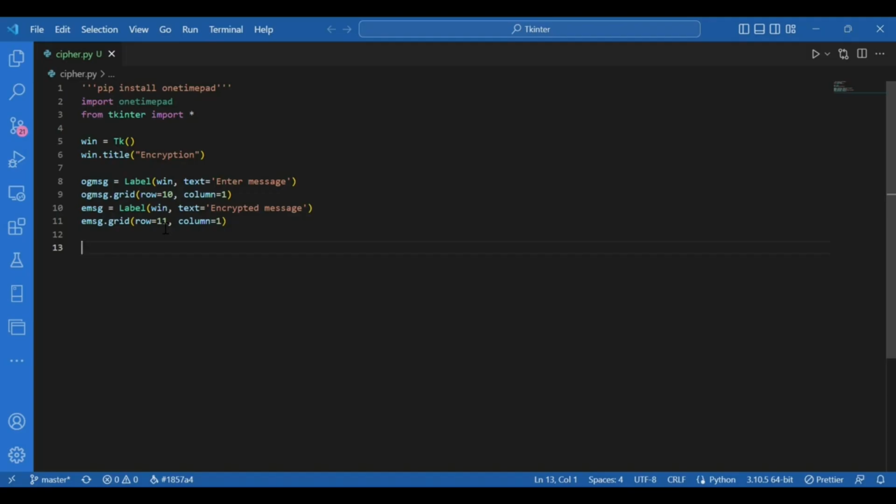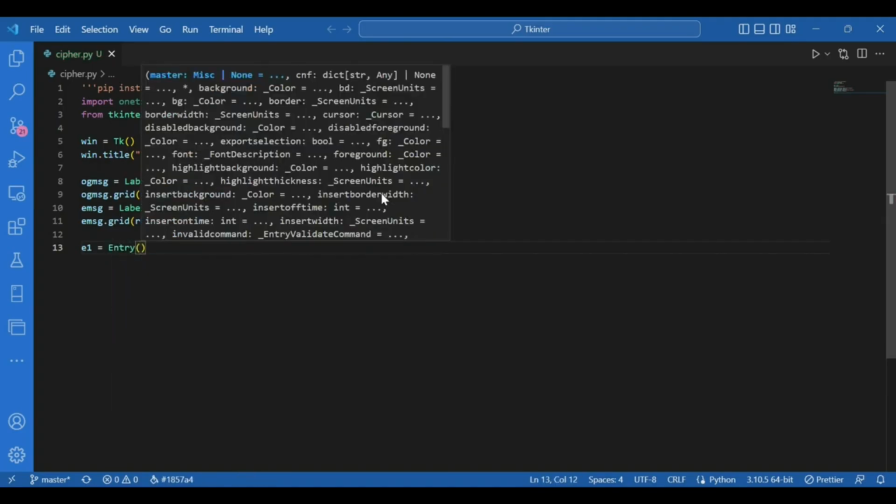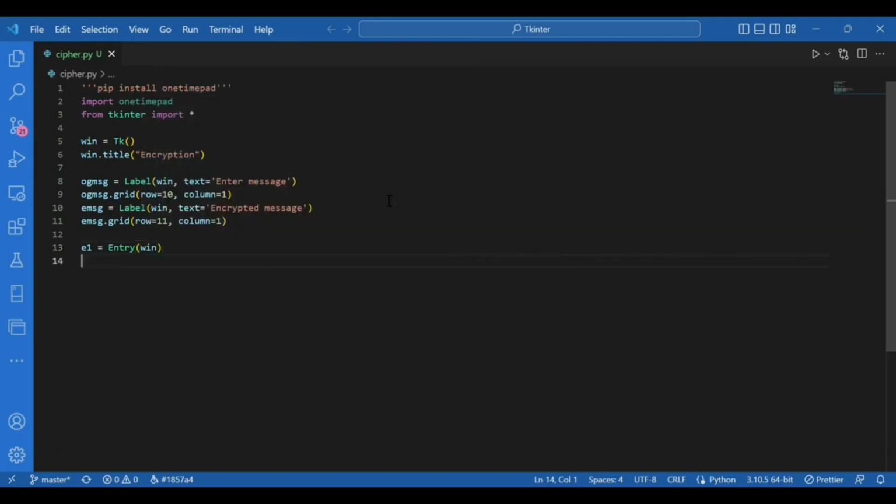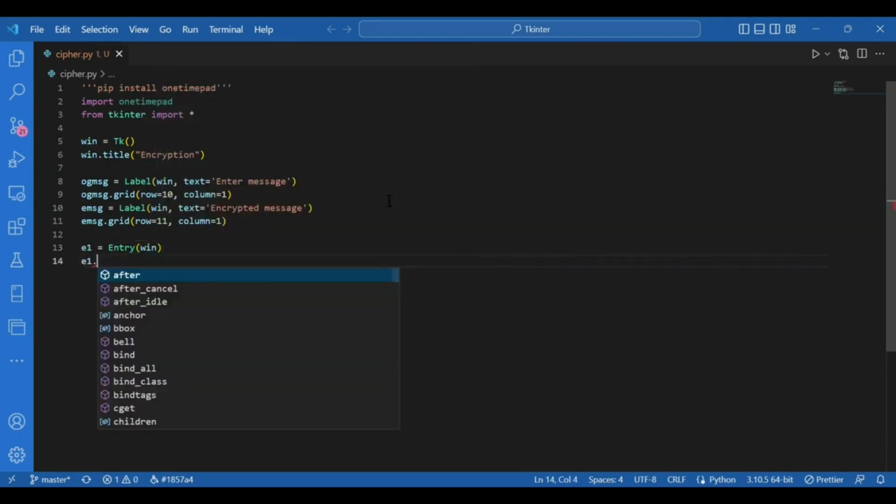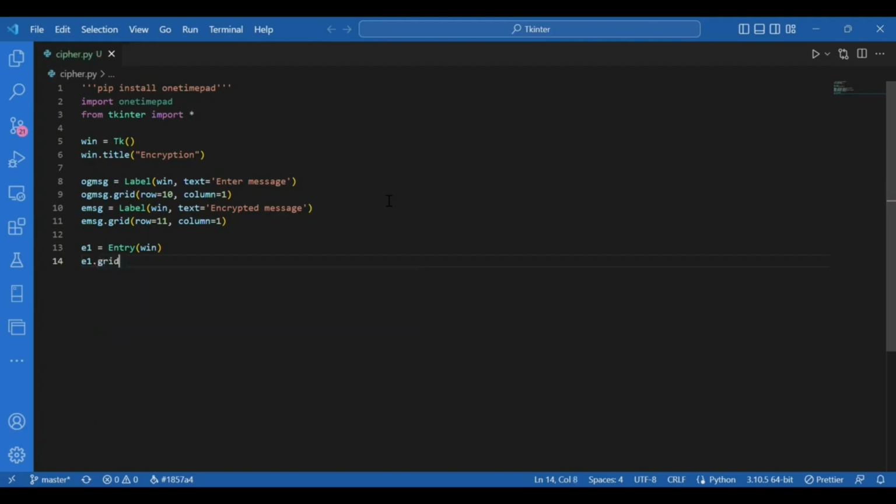So now we will create the text box using the entry widget of Tkinter. You might note that we haven't used the one-time pad yet. We will use it only in the encryption function. So I want two entries, one for entering and another for displaying the result. So I'll have E1 equals entry, and where do I want it? I want it on the window. Let's keep everything simple and try to understand what's happening. Then I'll put it in a grid again. I'll write E1.grid